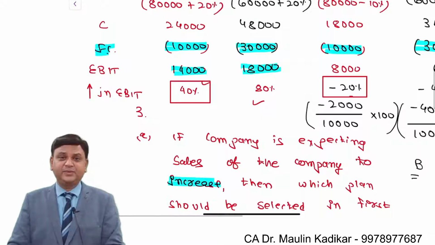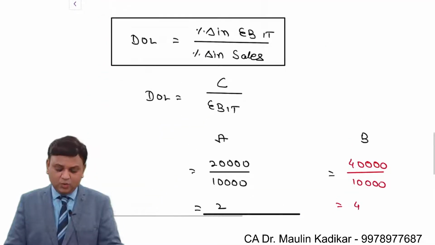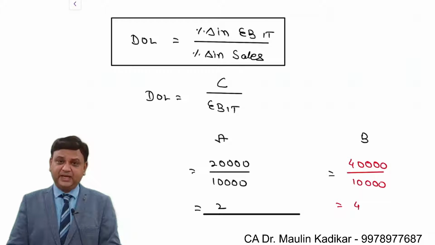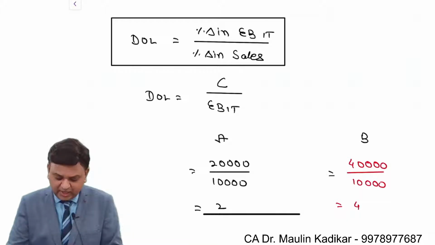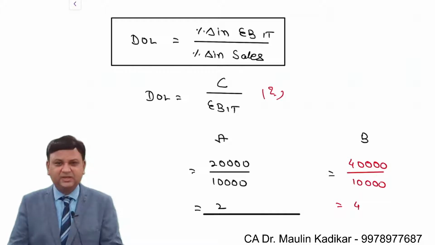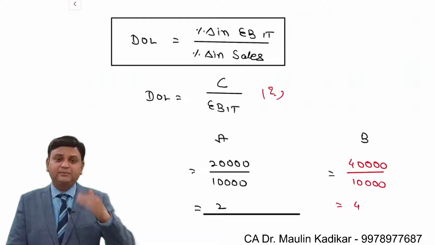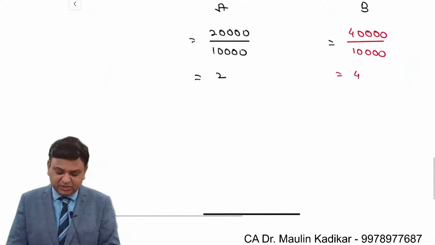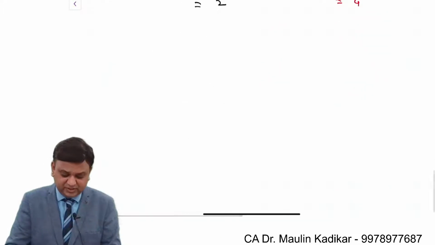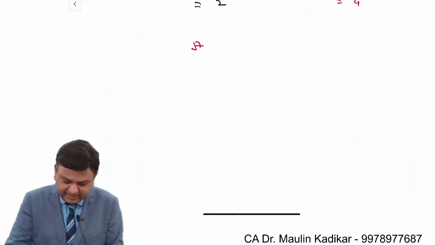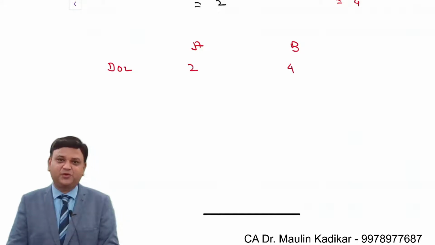So degree of operating leverage is measuring what is the percentage change in EBIT for every 1% change in sales. How this formula is derived, I will explain to you in 2 minutes of time. But before that, I am giving an explanation to you like this. Listen carefully to this explanation. Plan A and Plan B. Degree of operating leverage is 2 and degree of operating leverage is 4. We understand that